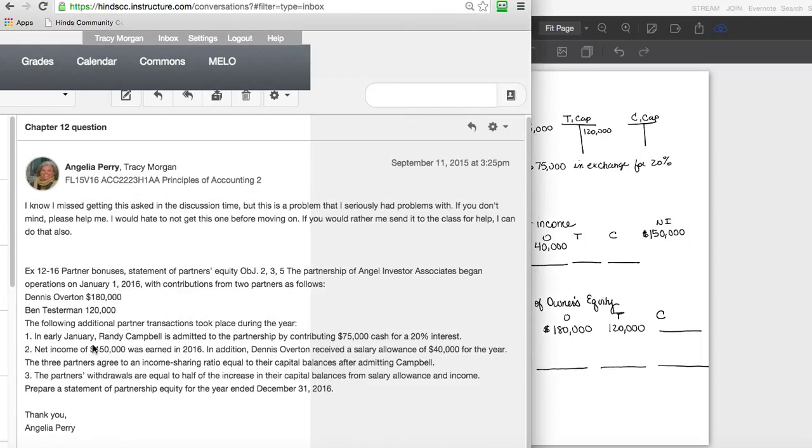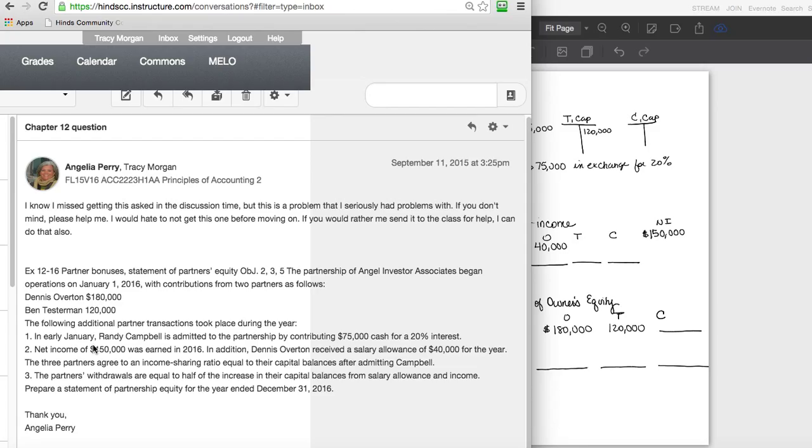I decided to try out my new pen. I just got an Equil pen, and I'm trying to do a recording here. And if it works, I'll go ahead and post this in the discussion board for all the students to see, because you will have some Chapter 12 questions on the midterm, so you will need to review some of these